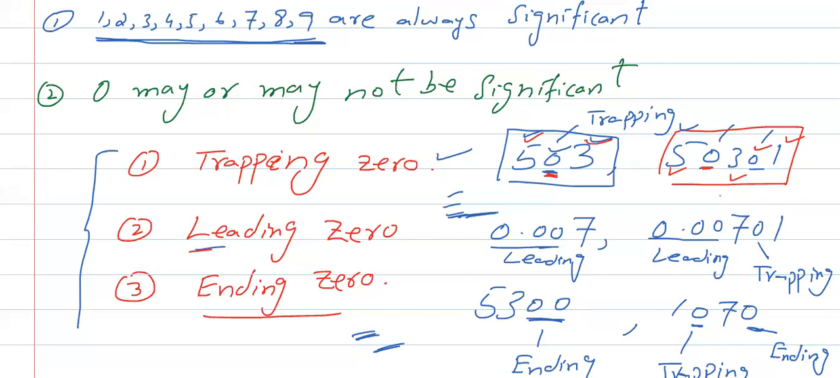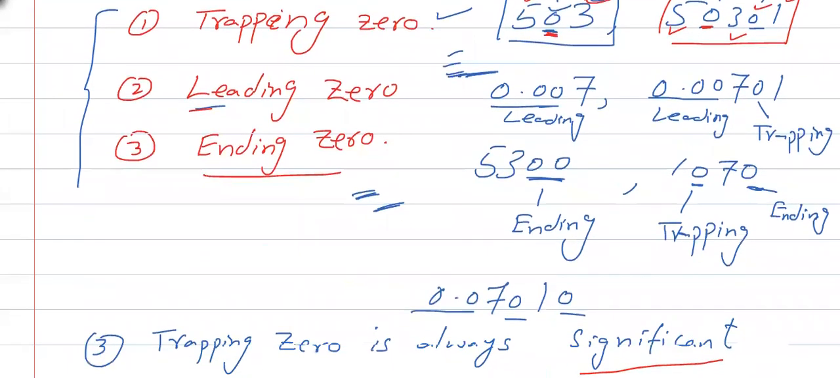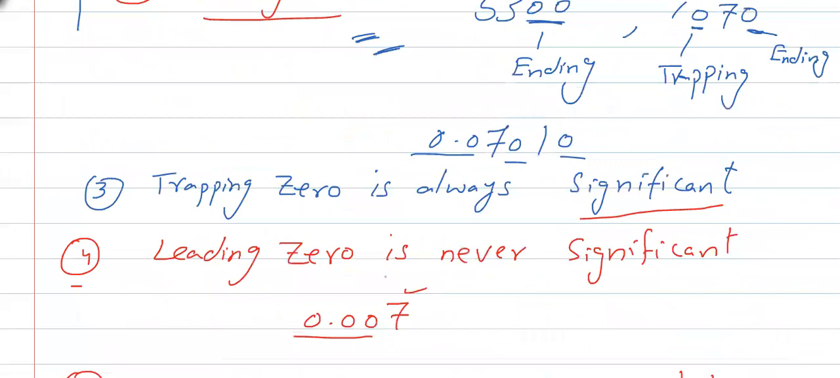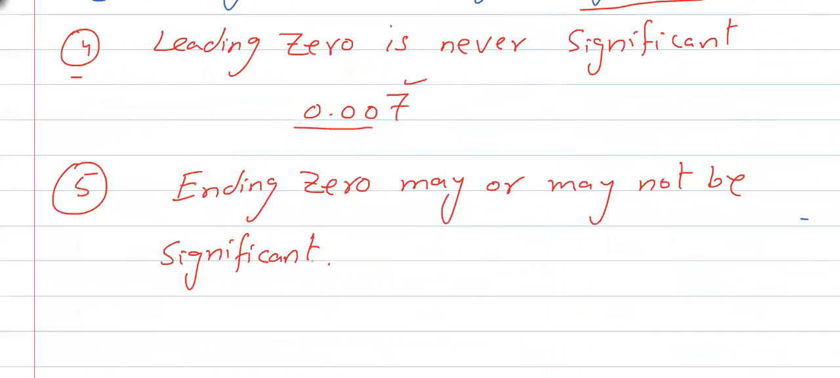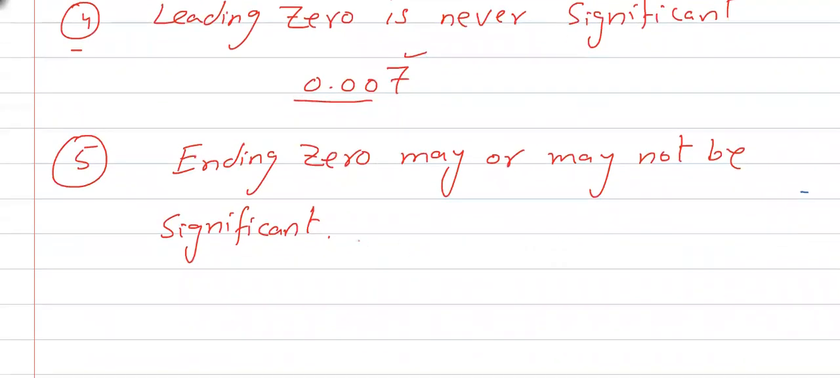All right. So trapping 0, leading 0, and ending 0. The trapping 0 will always be significant. Leading is never significant. Ending is sometimes significant and sometimes not significant. Now, when it will be significant, let's write rule number 6. According to rule number 6, ending 0